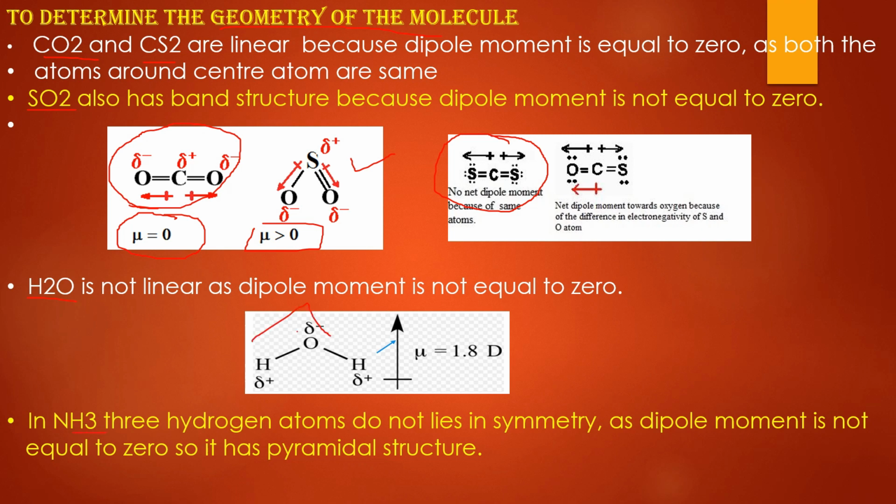Now the next is NH3. In NH3, 3 bonds are there. If we compare it with BF3, you know that BF3 dipole moment is 0. So we can say that BF3 is a planar molecule. Its geometry is trigonal planar like this. But NH3 looks like BF3, but its geometry is not planar. Why? Because its dipole moment is not equal to 0. So we can say that its geometry is pyramidal like this. We already explained this, and here is one lone pair of electrons. That is why we can say that NH3 is non-planar, because the dipole moment is not equal to 0.